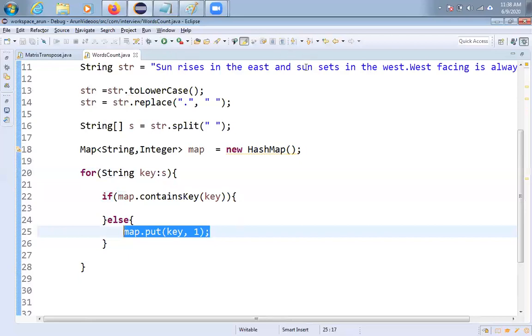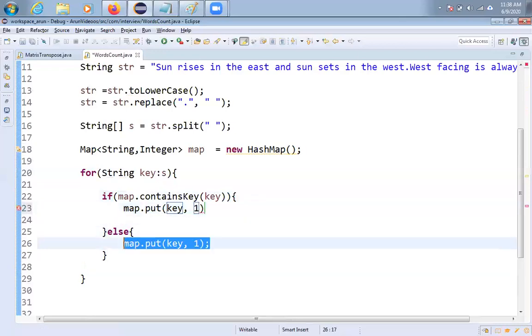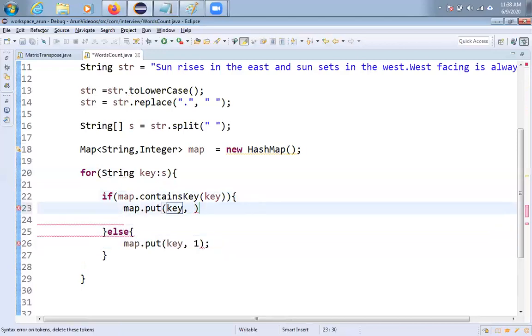Now, if you are trying to insert a second time, then what will happen? map dot containsKey will become true. In that case, I am doing map dot put of key, but you cannot put the value as 1. Why? Because it's already available. So you have to get the old, existing value. How to get the value? Very simple, friends.